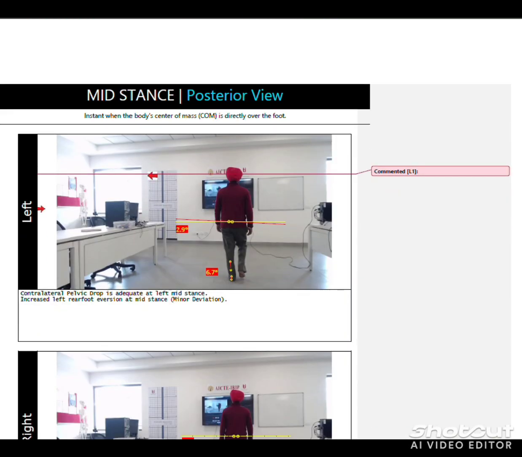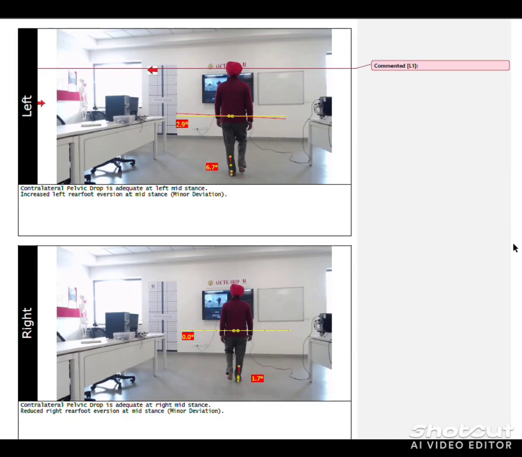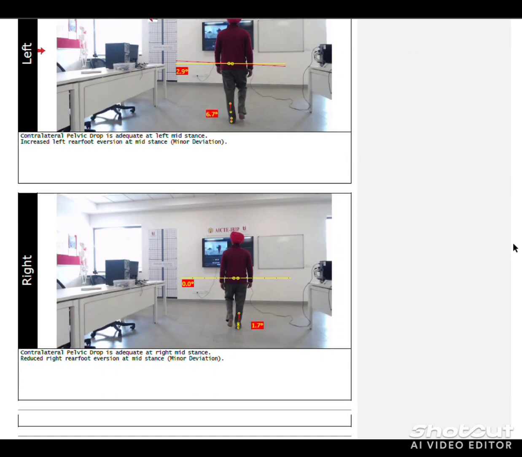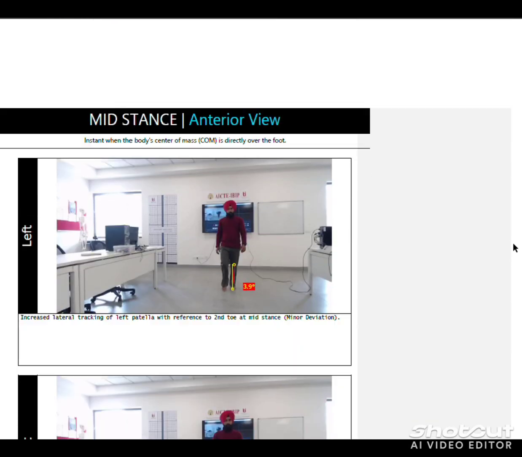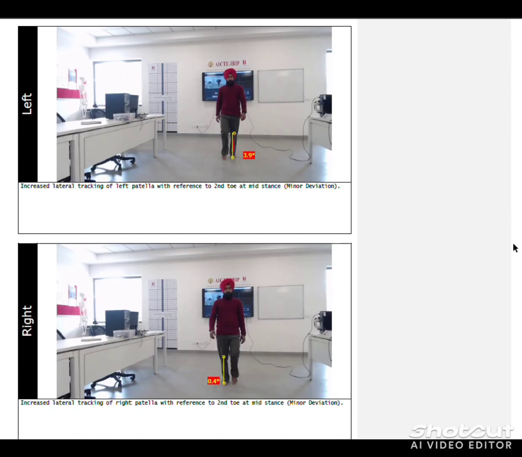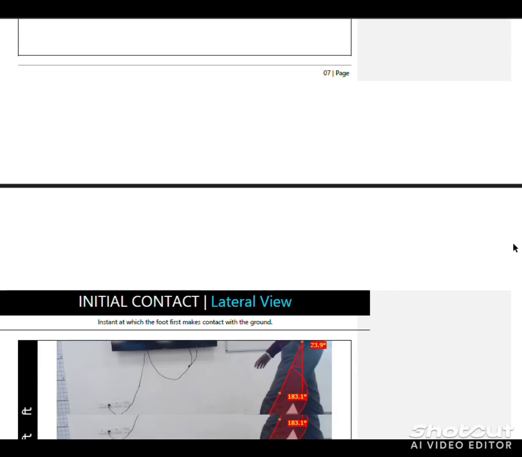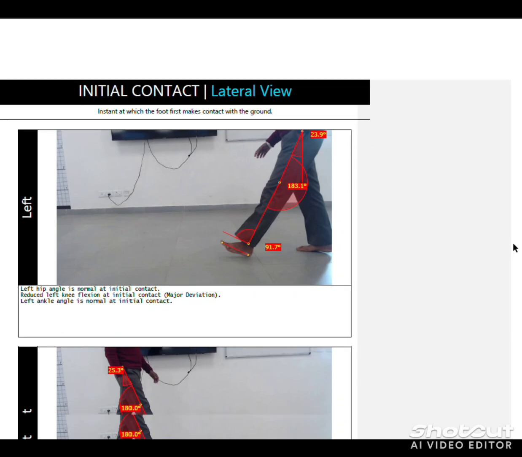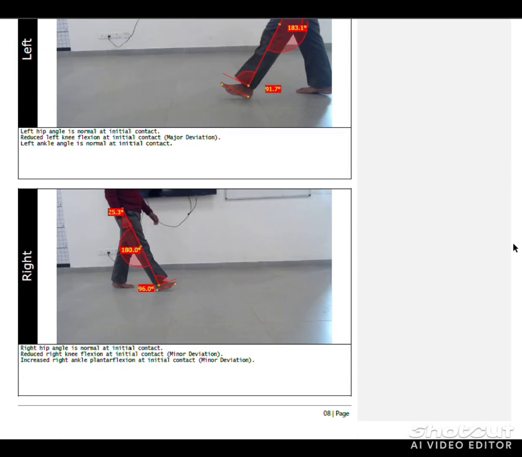So this is the result of mid stance posterior view. And this is the mid stance anterior view result, left and right. Next is your initial contact lateral view, left and right result.